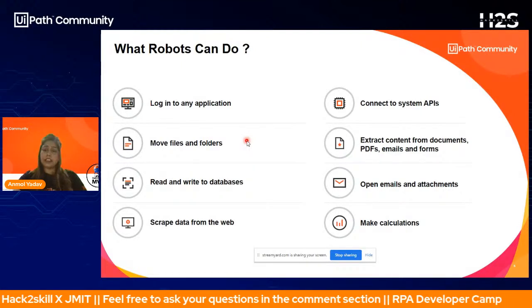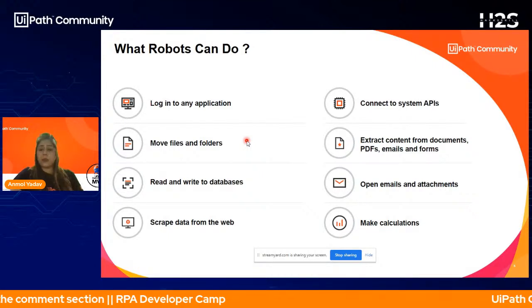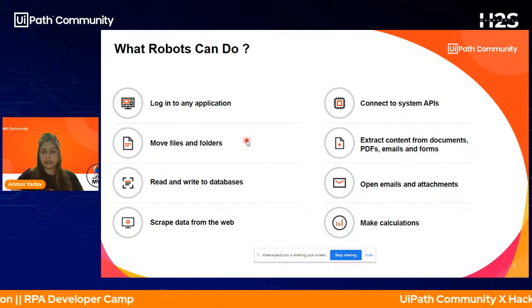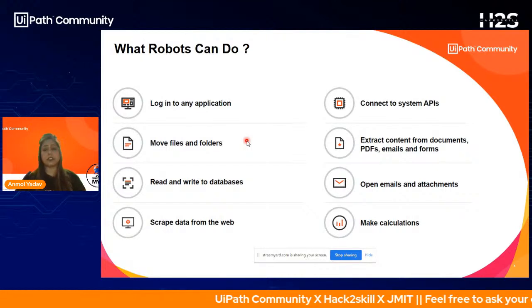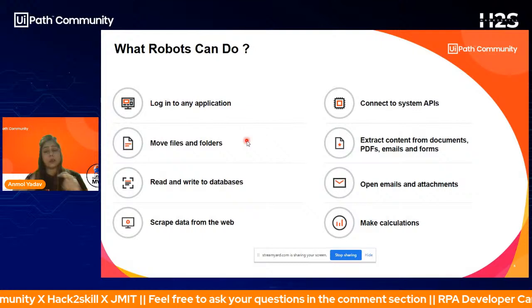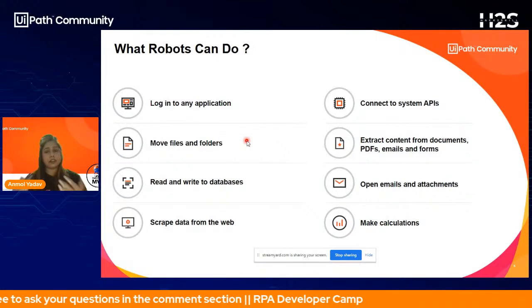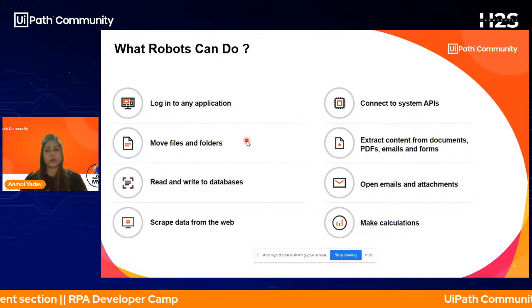Then extract content from documents, PDFs, emails, and forms. When you get an email, what do you do? You read that email, and you categorize or filter the data that you want out of it. Suppose you got an email with a voucher code. The thing that you actually want out of that email is the code. Similarly, if you've got a PDF which is an invoice, you would read what items you have bought and what the total amount is that you